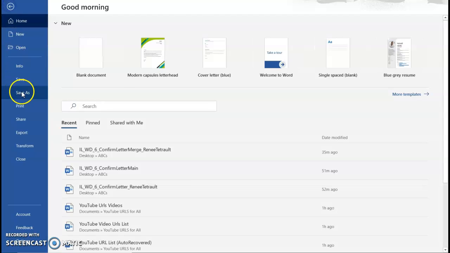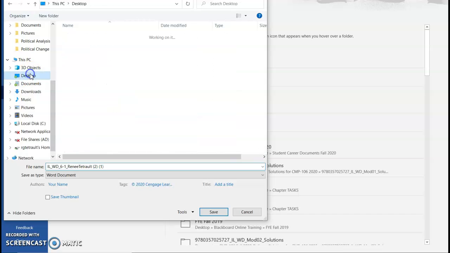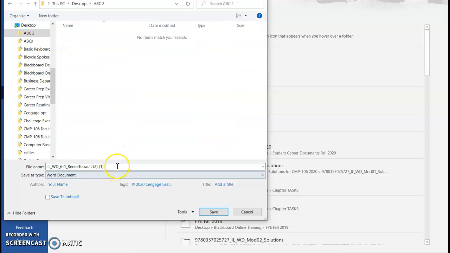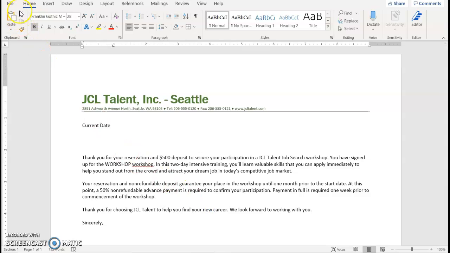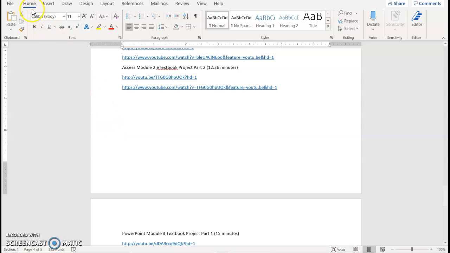So go ahead and find a place to save this document, because we're going to save it and then close out. So the name of this one should be 6 underscore confirm letter, and type it right, confirm letter, and your name at the end, underscore, save. And then what you're going to do is actually file, close, that way you still stay open in Word,